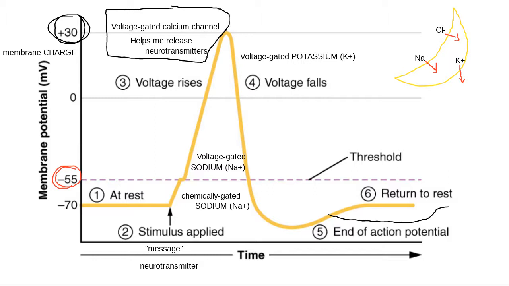Which kind of channel protein is always open? What were those ones called that were always open? Yeah, those ones were called the leakage channels. Leakage channels are always open. Remember, they move things slowly. So I slowly get some of my charge back to normal using leakage channels. The other way I get it back to normal is something we're going to talk about here in just a moment, something called the